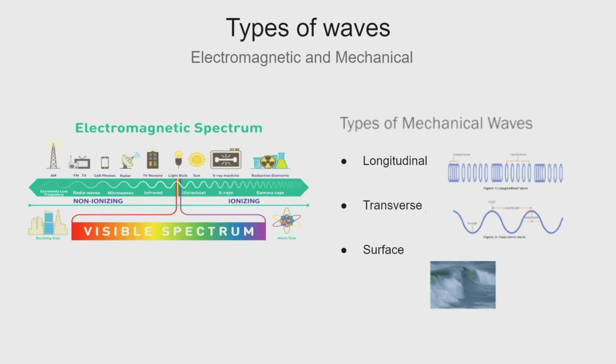The only part of the electromagnetic spectrum that we are able to perceive as humans is the visible spectrum. We can feel infrared waves when we go out into the sun, but we can't actually see them or manipulate them. The visible spectrum is what we're most familiar with, but it is only a tiny little portion of the electromagnetic spectrum. Mechanical waves are something that we probably have seen a lot more and interacted with, and there